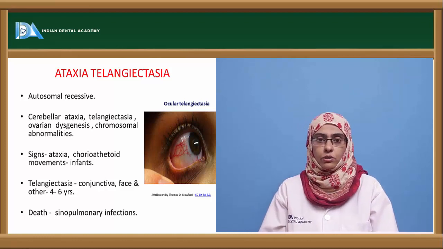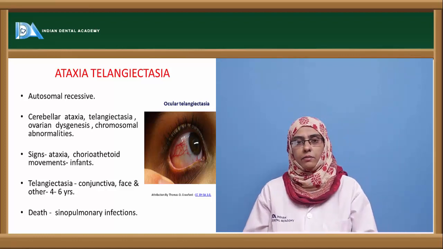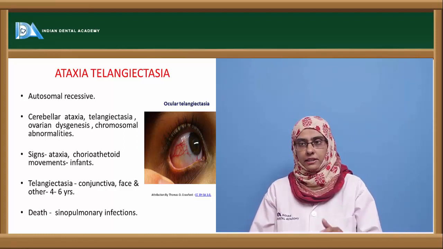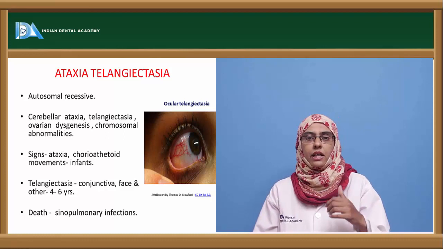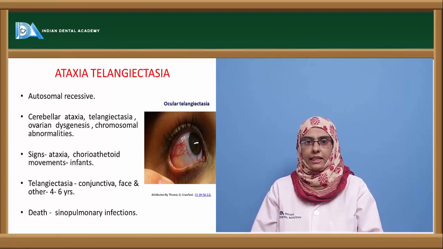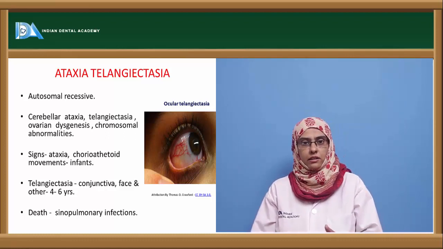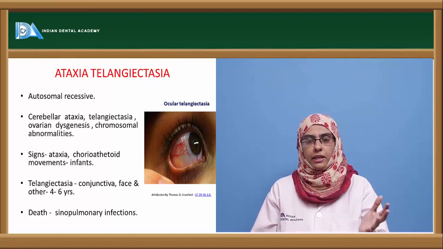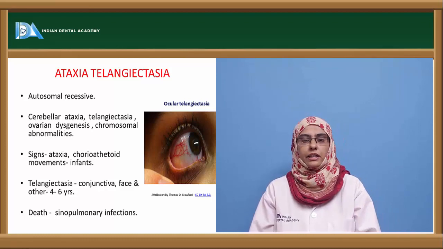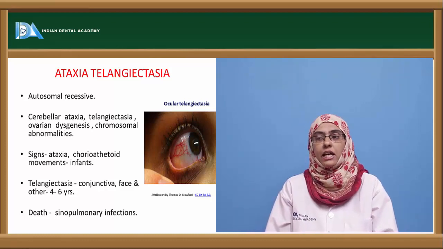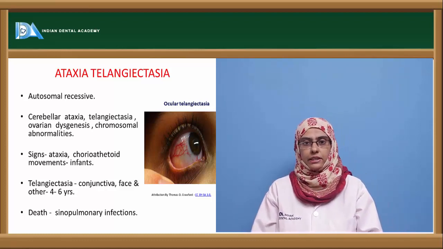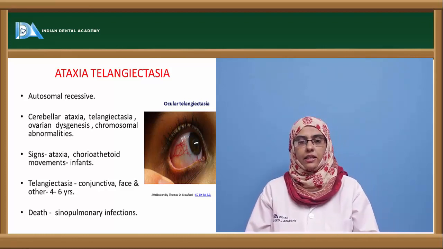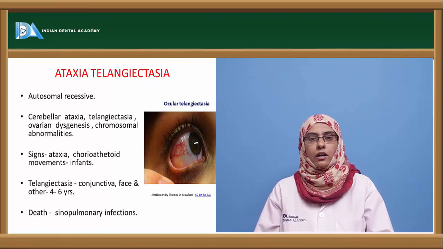It is an autosomal recessive disorder inherited through generations. It can involve cerebellar ataxia, that is involving the brain, or telangiectasia, that is the dilation of the blood capillaries of the different organs inside the body, and it can also lead to ovarian dysgenesis and chromosomal abnormalities. And the signs of ataxia-telangiectasia start with ataxia,